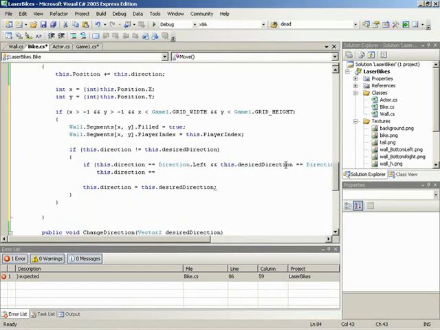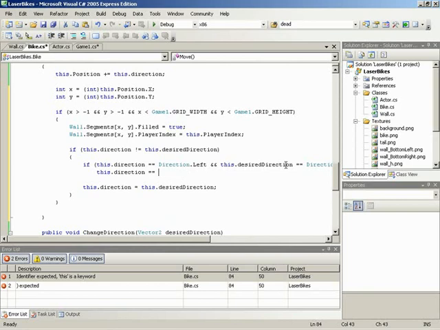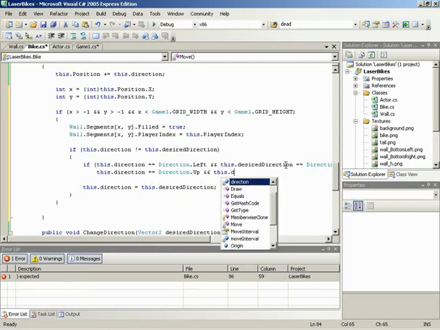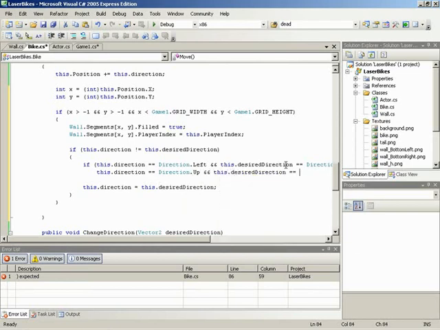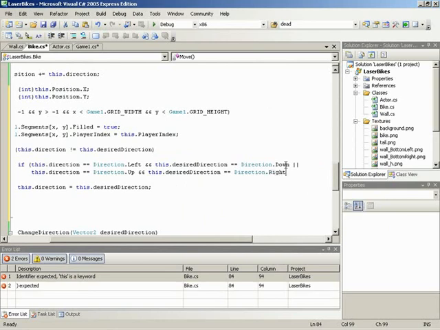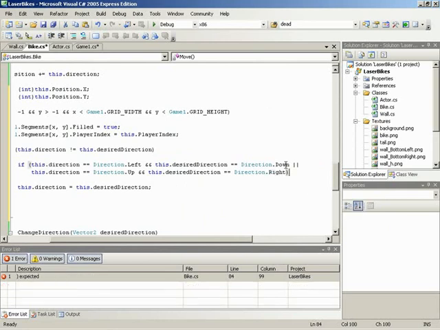If you want to move in the right direction, that is to say not the correct direction, but if the current direction is up, direction dot up, and our desired direction is equal to the direction to the right,